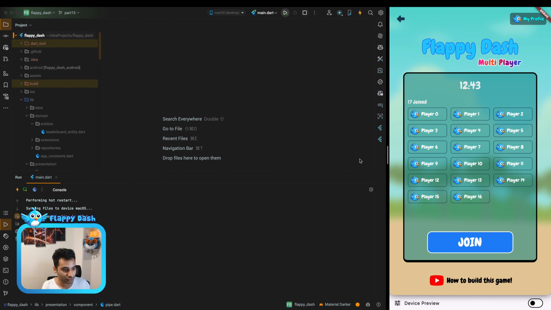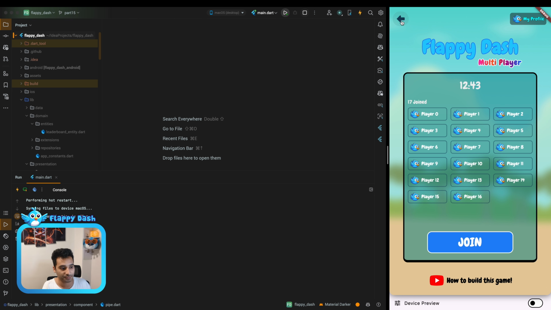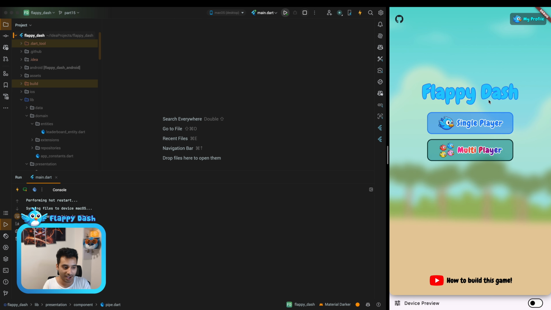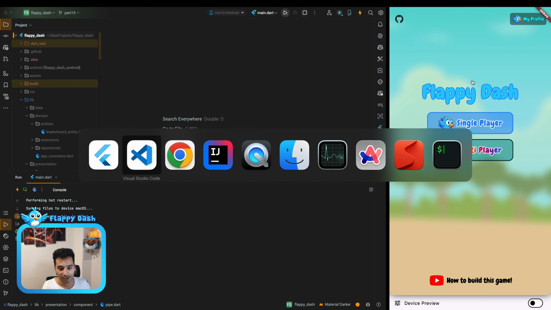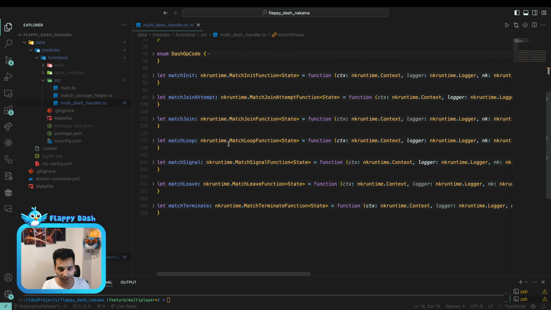First of all, let me show you this page. As you see here, we see all the players that are in the game or in the match, and you can decide either to join or not join the match. Then when it starts, you will see the game page and the players can play together. When you are on the home page, you don't see anything related to the multiplayer, and you leave the match. For example, if you are here and you press back, it means that you left the match and you are not going to play with the players.